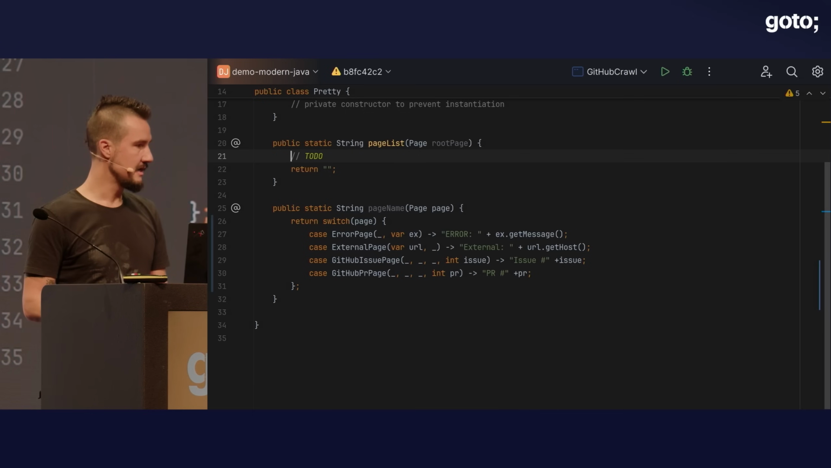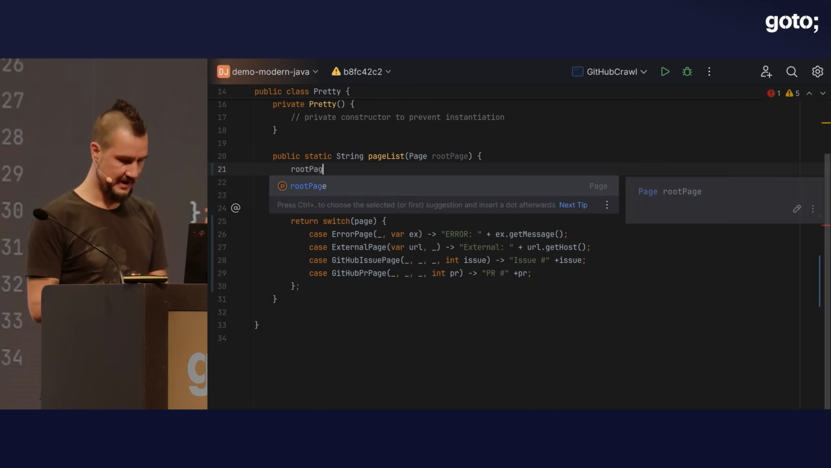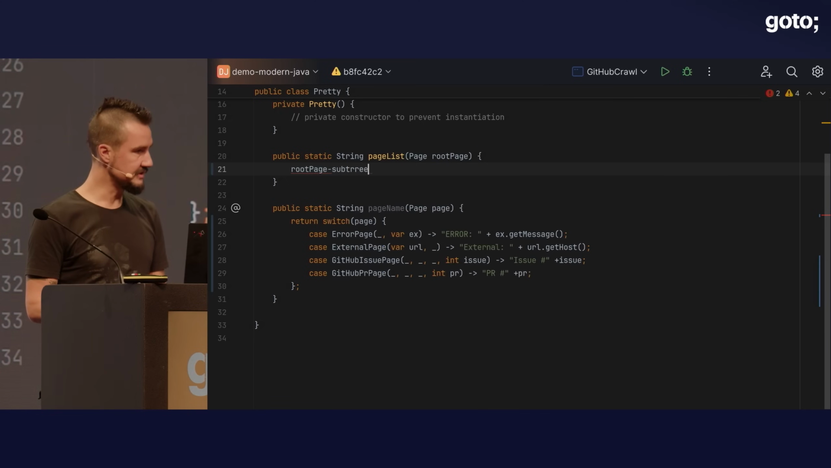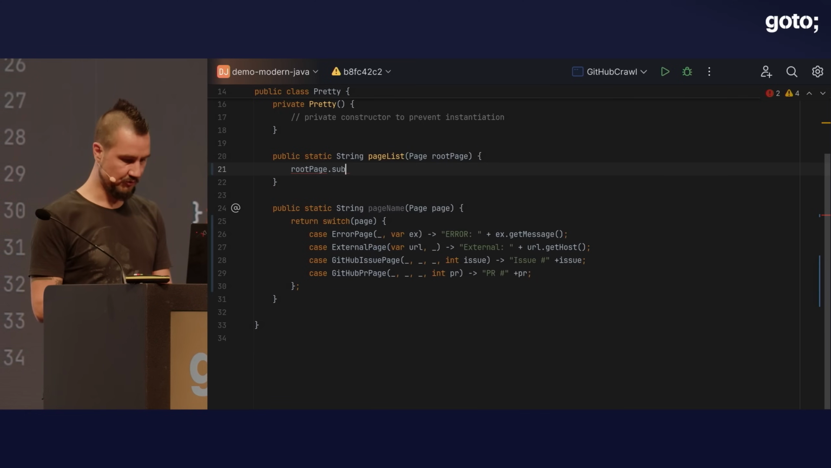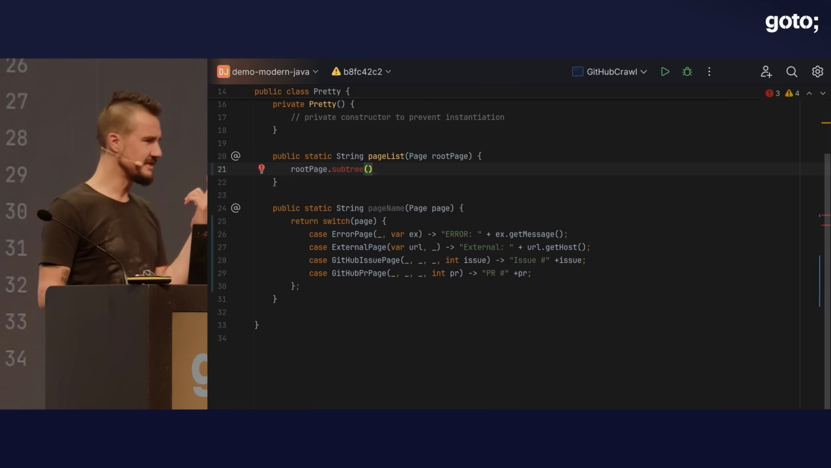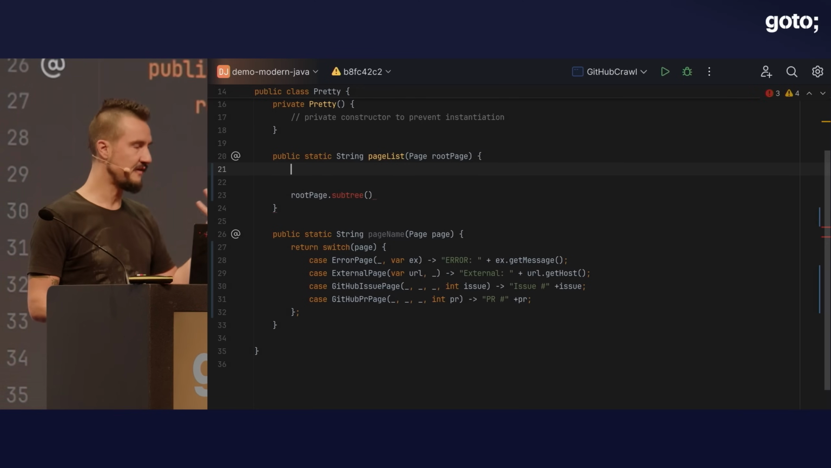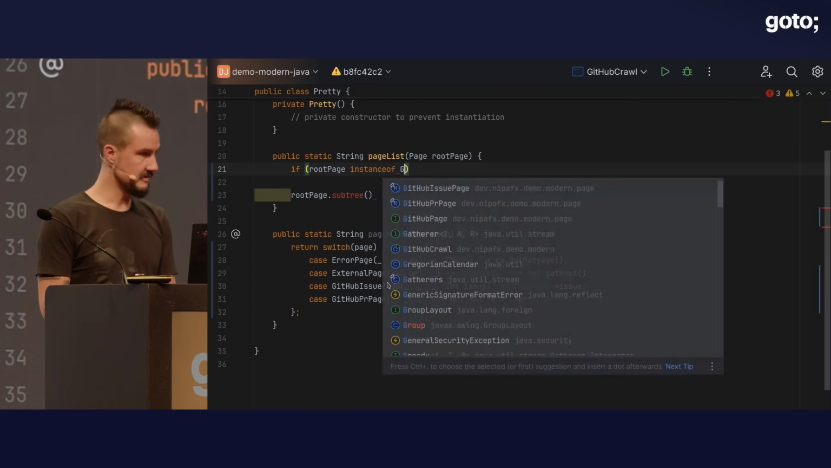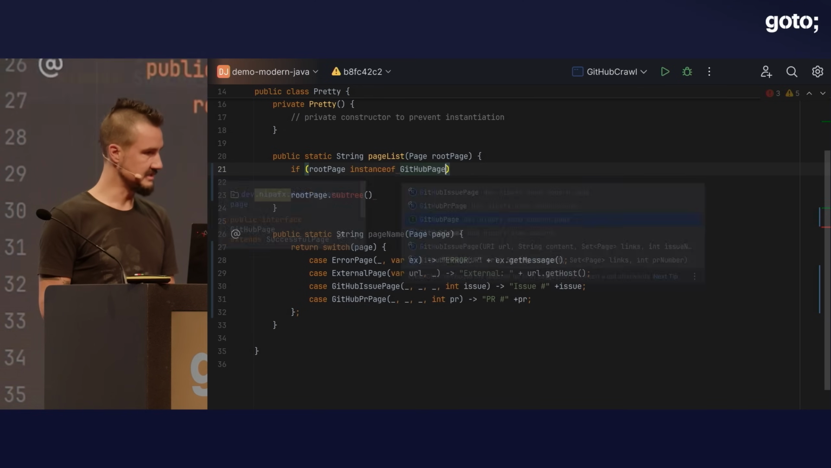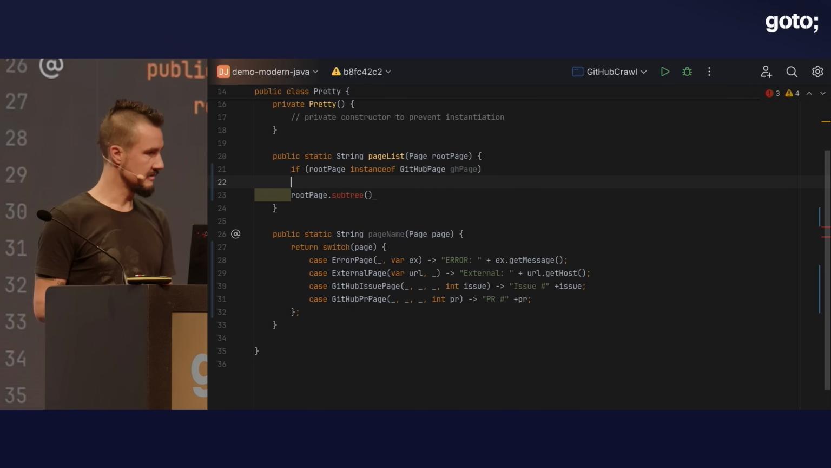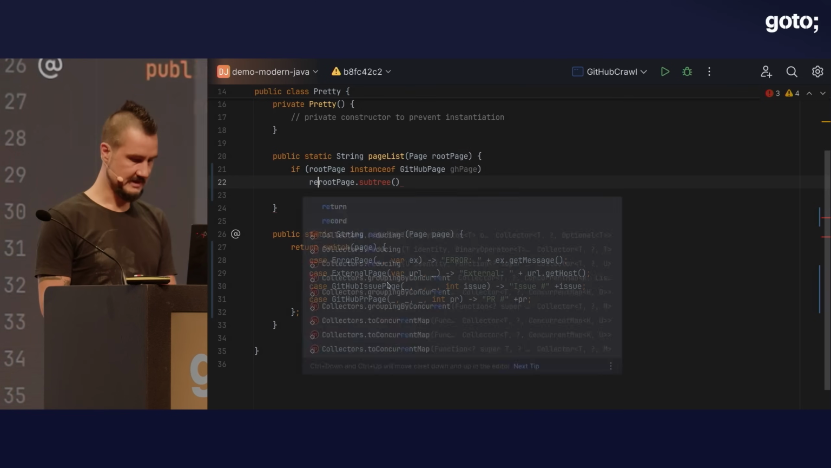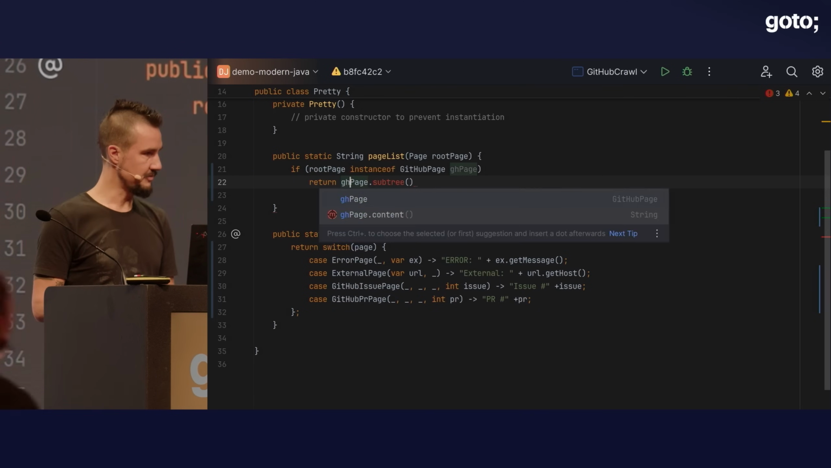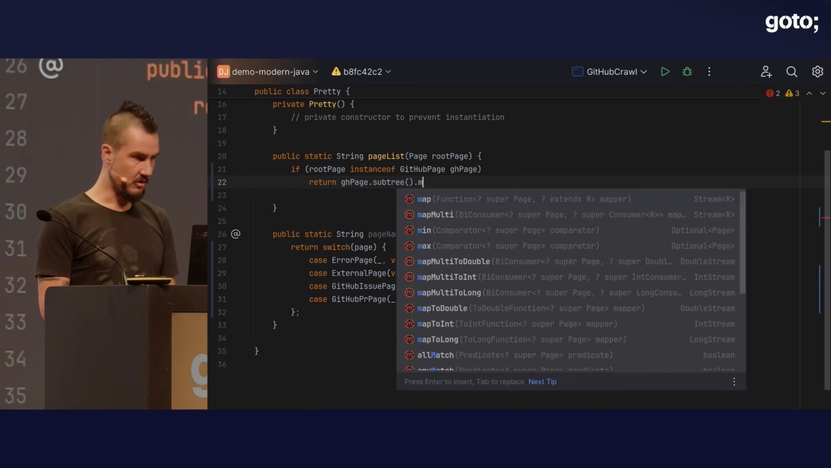We can do a little trick here. So basically what we want to do is we get the root page here, and what we want to do is write root page, and then iterate through all the children, but we can't go through all children because the root page doesn't have that, right? So again, it's fine to check on types here. We know that only if the root page is an instance of a GitHub page, that's the one that has the subtree,